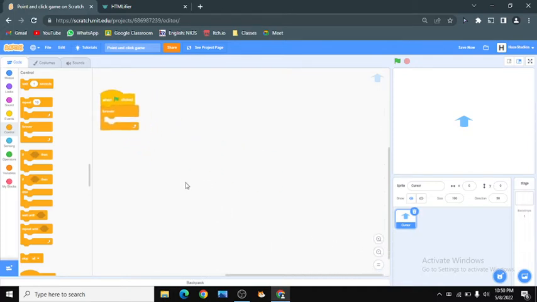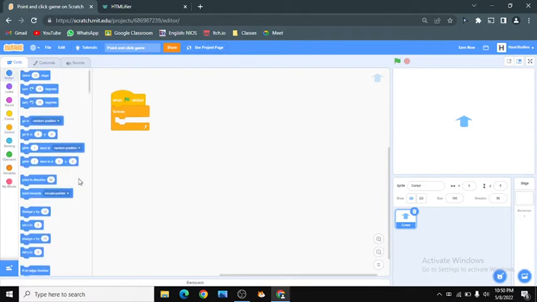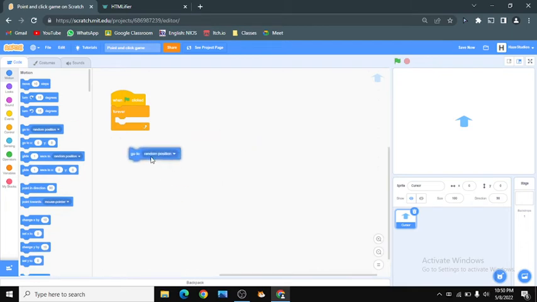Now after clicking on this forever loop, we get into motion and we go here. Now here we have two blocks called go to and point towards. I'll tell you the difference between point towards and go to mouse pointer.